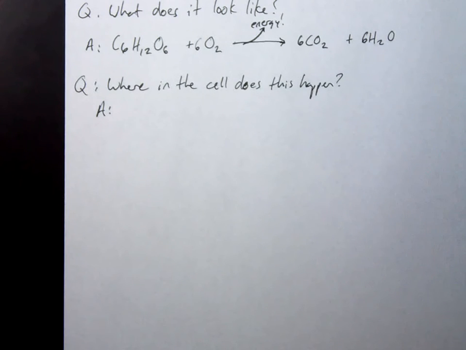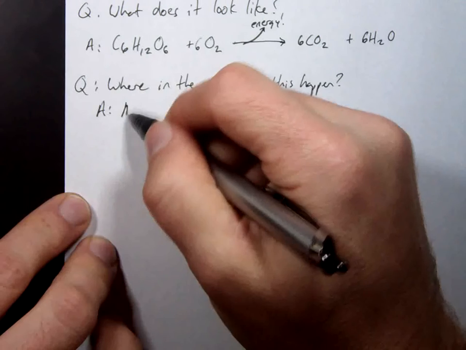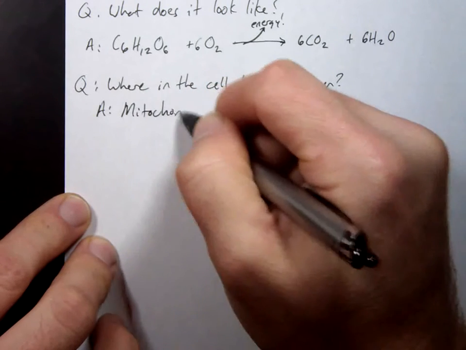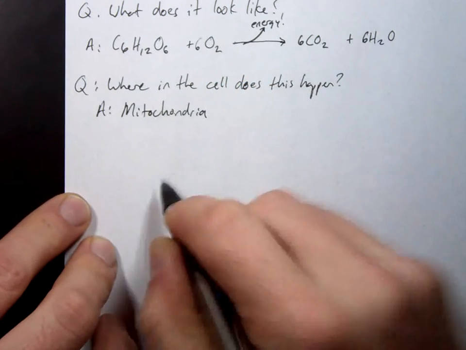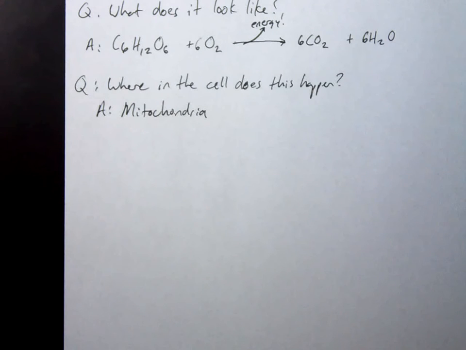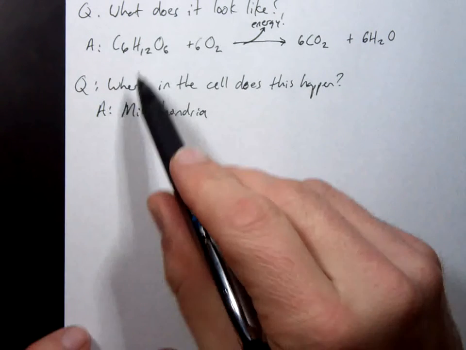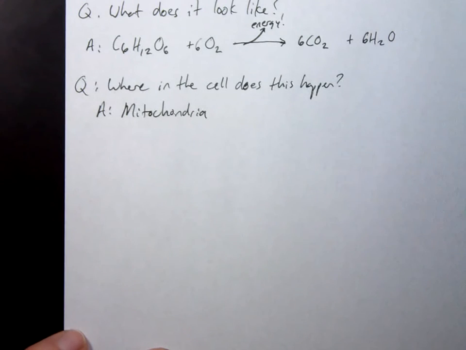Give you a hint. Biology. Powerhouse. Oh, there was the key word. Yeah. Mitochondria. Now you're beginning to understand why the mitochondria is the powerhouse, because it has the ability to do this. It has the ability to carry this reaction out. Okay?